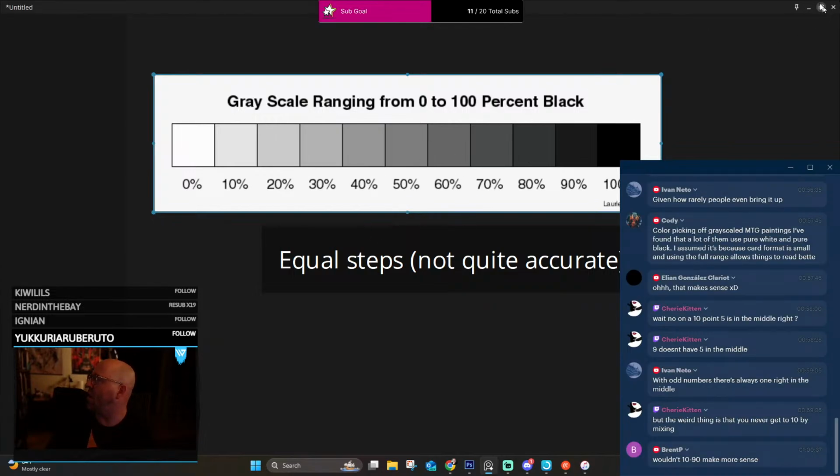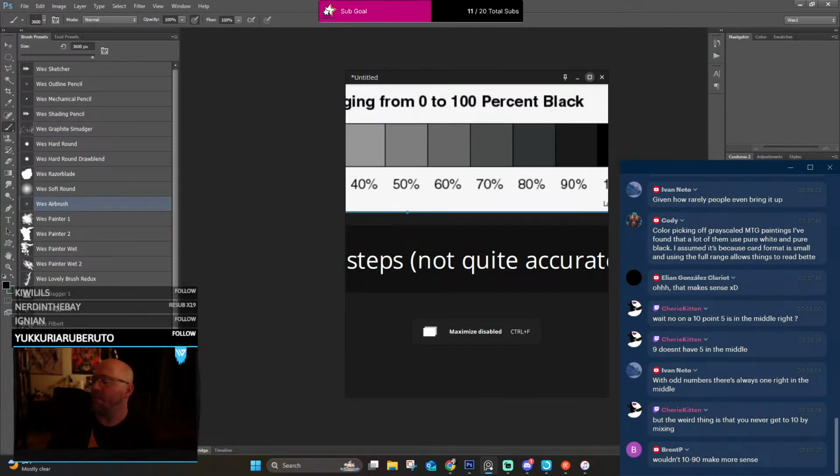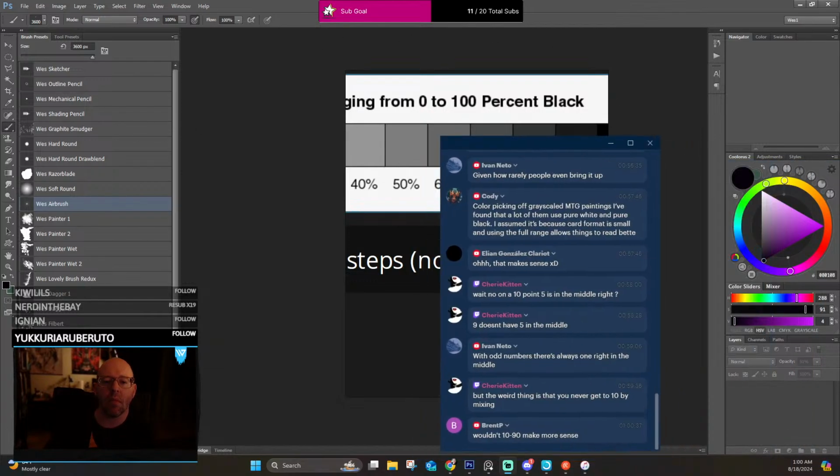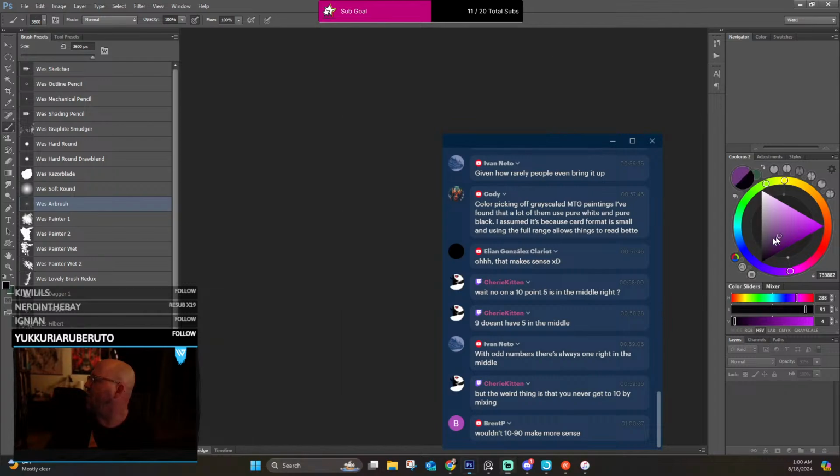But if you look in your painting program, let me move chat real quick over here. If you look in your painting program, those darks just hit like crazy, right? So yeah, 10 to 90 makes more sense because there's no black and there's no white. So if you take those off, there you go. But the blacks drop off real fast. Okay.